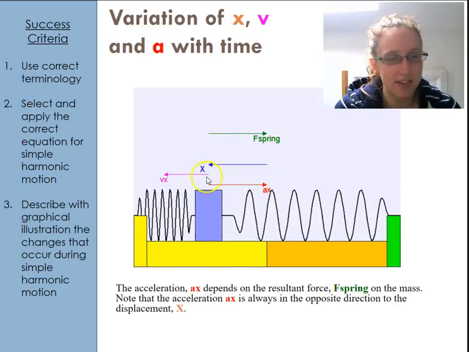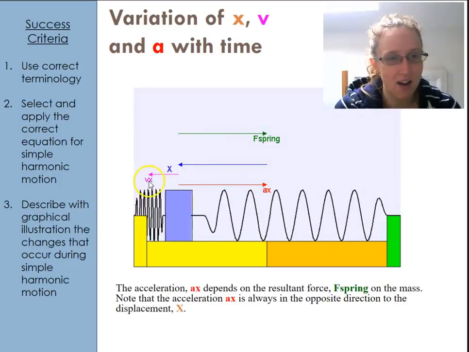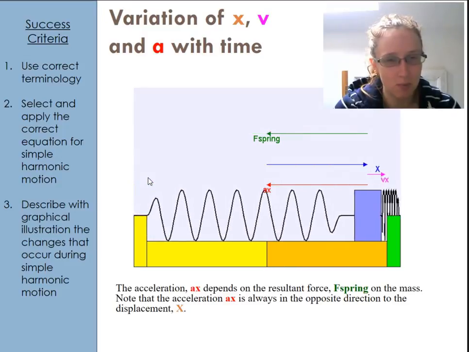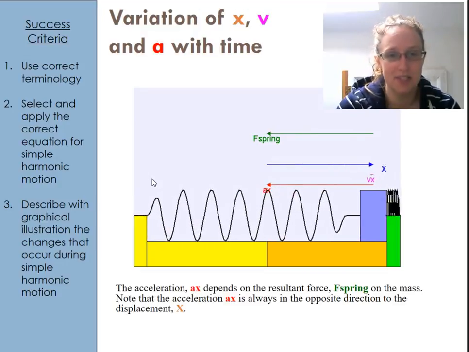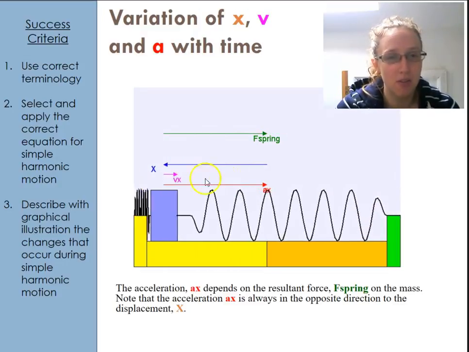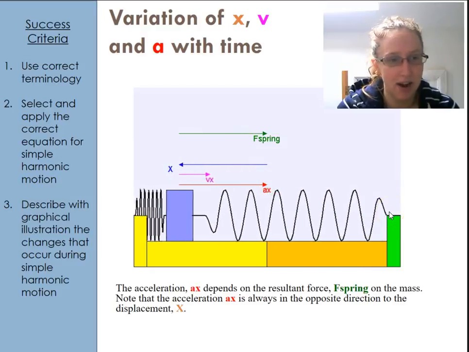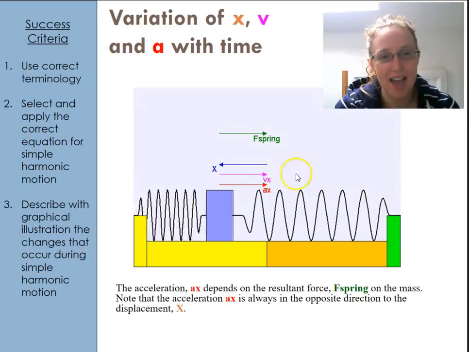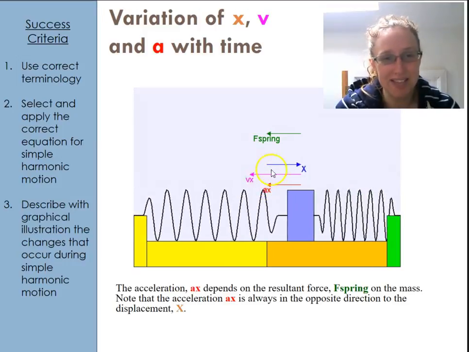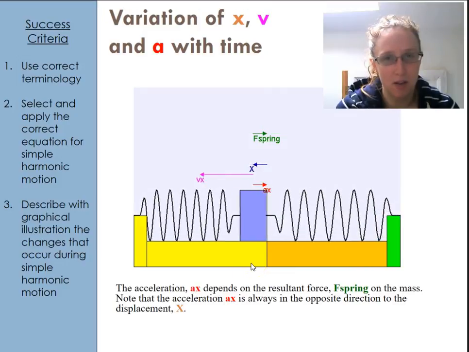The thing that looks very different is the velocity. So at our maximum amplitudes, you can see that the velocity drops to 0. So at both of the amplitudes, the velocity comes to 0, so it stops at either end, which makes sense because it's changing direction. And it has its maximum speed when it passes through the equilibrium position, which is again